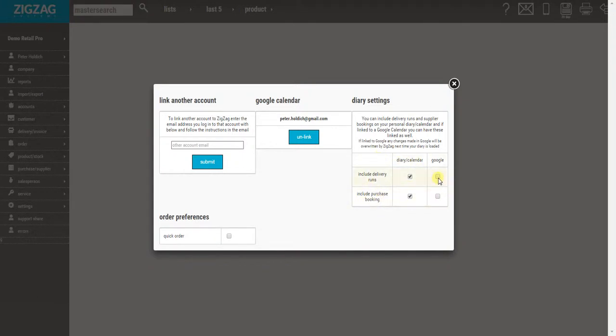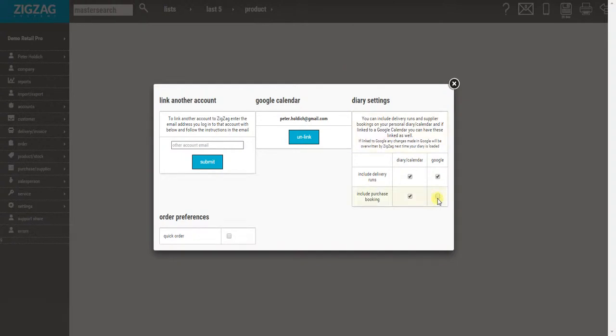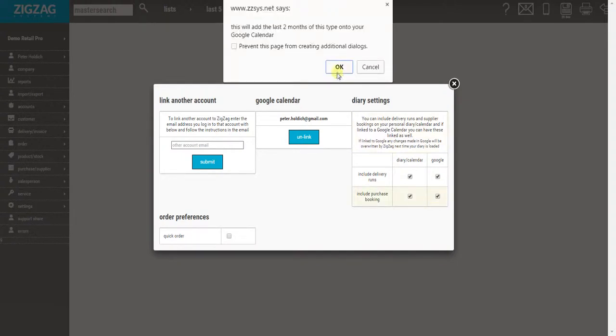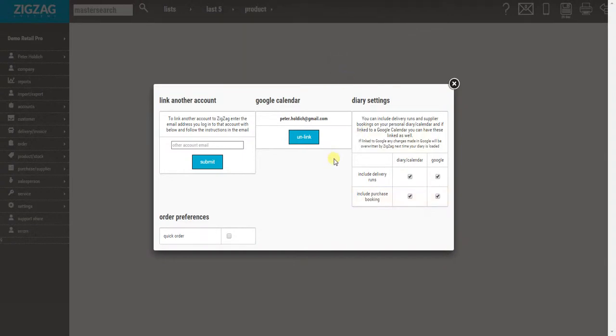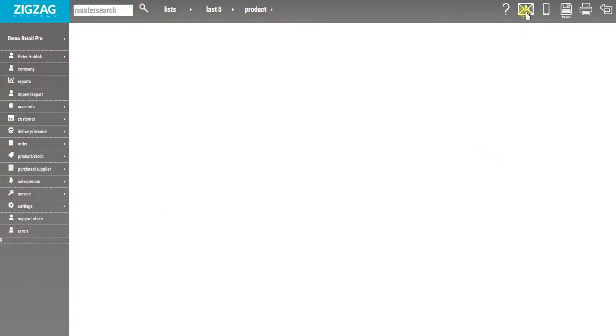And because I'm linked to a Google account, I'm going to add these in as well. And what this will do initially is add anything from the last 2 months into your diary. Anything older than that it will disregard. So now we've set this up to include delivery runs and purchase bookings in our diary. So if I just go to the diary here,